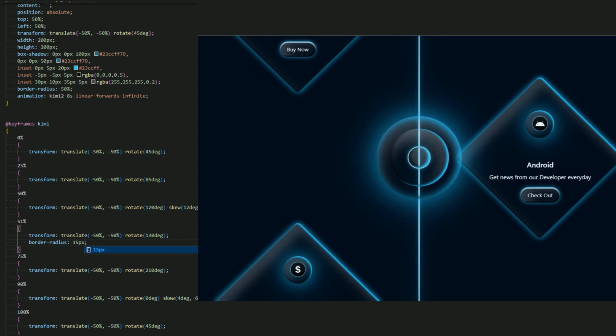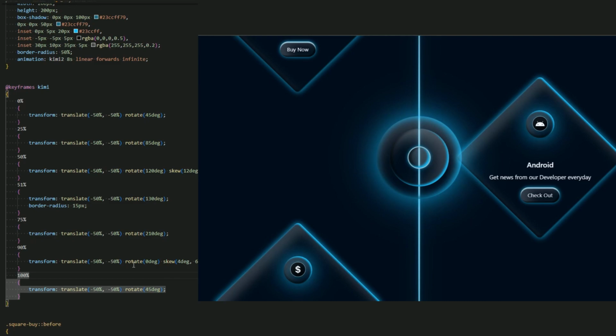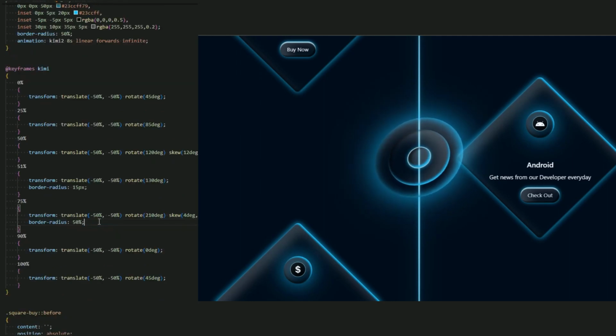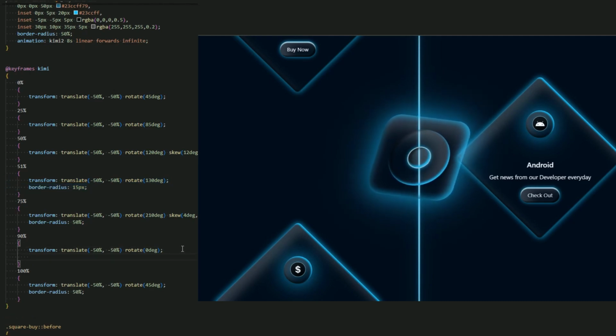Okay, and in 75%, let me add a skew again. Let me just copy again, paste it here, 75%, and set the border radius to become a circle again, 15%, and let me add it here again. Okay, 50%, and just copy this and add it in 90% to become a square again.